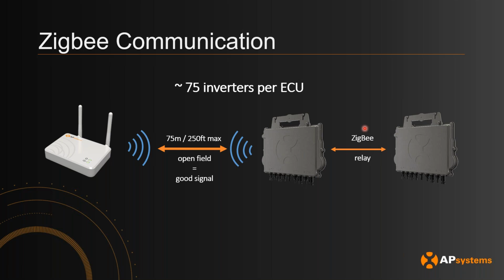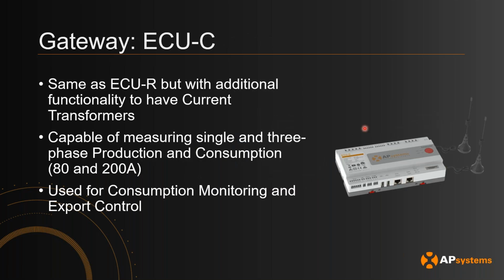The device that I have shown right now is called the ECU-R, and that's basically the simpler version of the ECU. We do have another flavor of the ECU called the ECU-C. It's the same as the ECU-R in terms of functionality, but the key thing is that it has port places